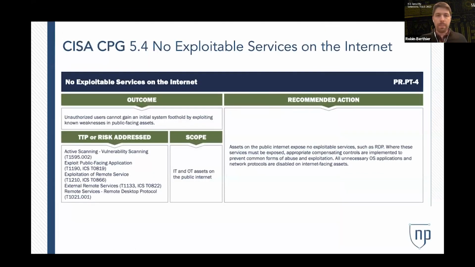So for 5.4, no exploitable services on the internet, I want to show you another feature, which is called the stepping stone access map. So this one, like 5.5, is really around understanding which ports and services are accessible and from where. So the path analysis is our way to answer that, but we can connect paths one to the other in what we call a stepping stone map to get more insight into the exposure and the correct deployment of our segmentation inside this environment.